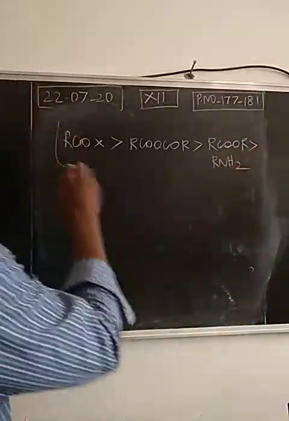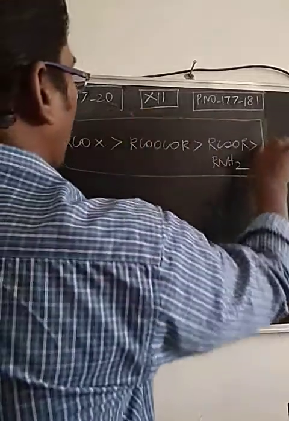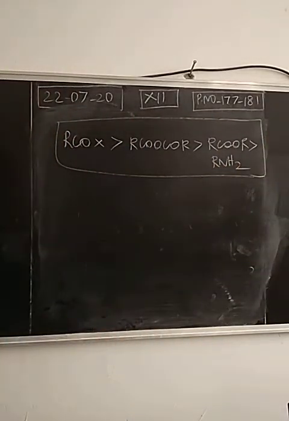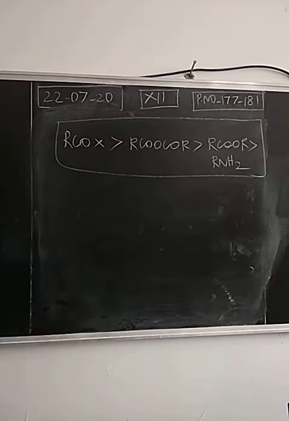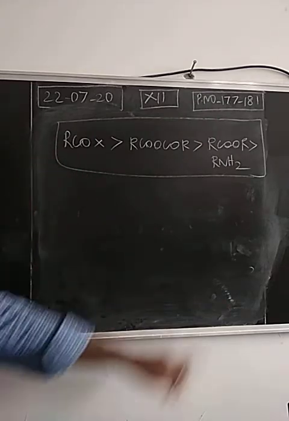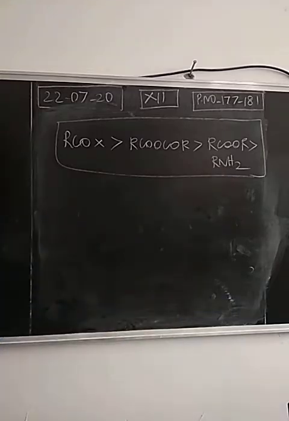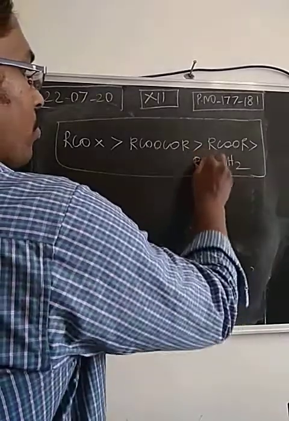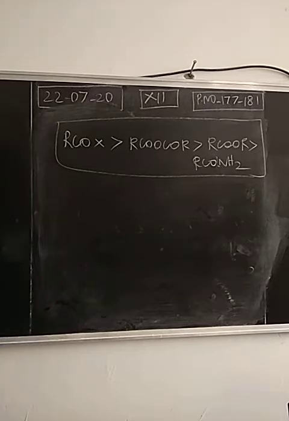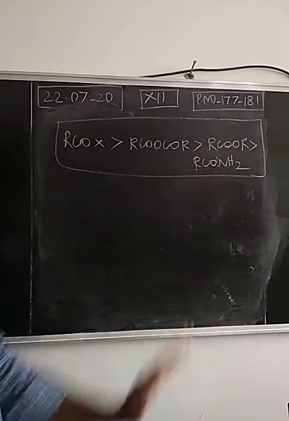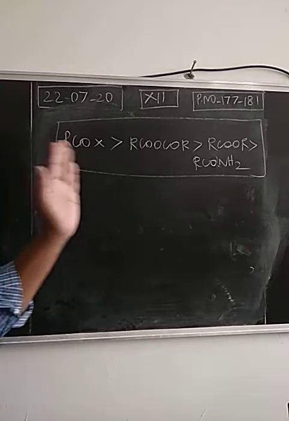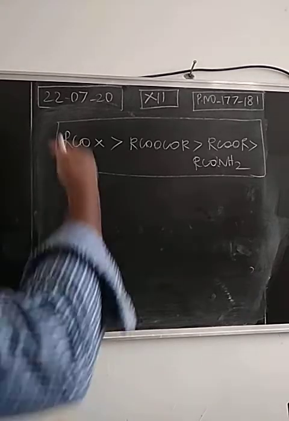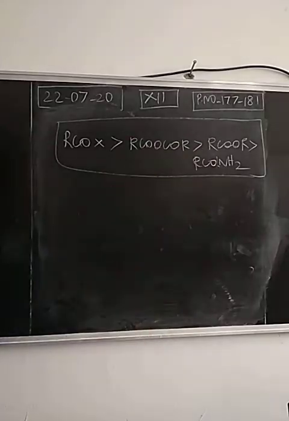So this is an important 1 mark question. This is the reactivity order. When you take the derivatives of carboxylic acids, the reactivity will be more for acid halide. The reactivity will be less for acid amide. The least one is acid amide. So this is the decreasing order of reactivity of derivatives of carboxylic acids. We have to explain why reactivity decreases from acid halide to acid amide. In two aspects we may explain. So this is a 5 mark question.